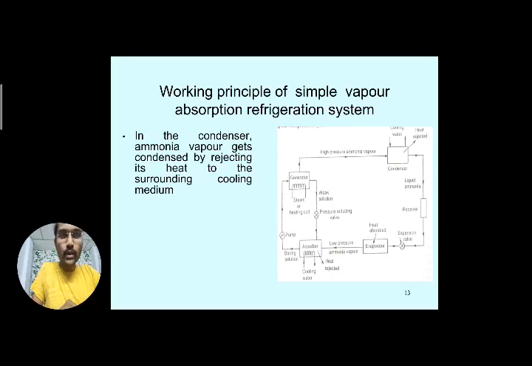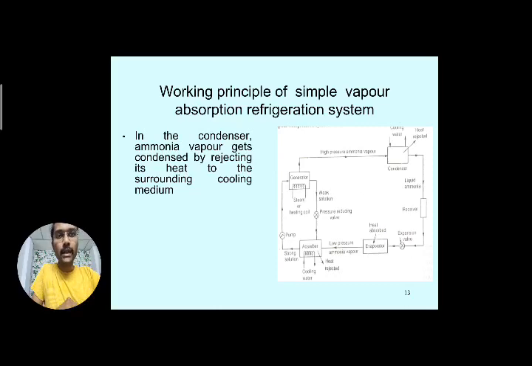We'll see what is the importance, why the pressure has to be less, why the pressure reducing valve has to be placed here. We'll explain that when I am explaining the absorber component. So the weak solution is sent through this side with the help of the pressure reducing valve. The pressure is reduced, and that reduced pressure weak solution is passed to the absorber. Why the pressure is reduced, I will explain in the absorber component.